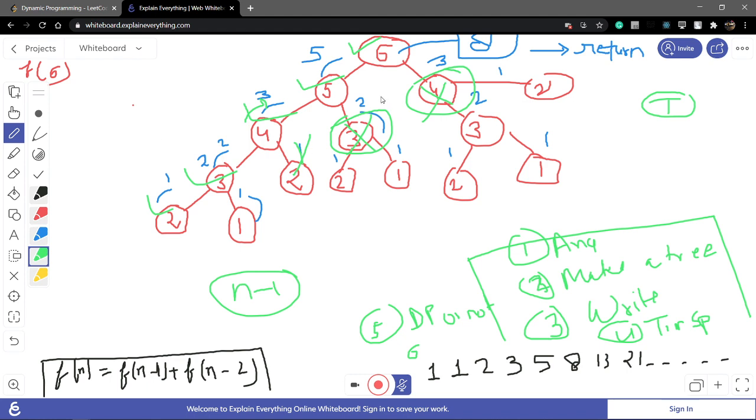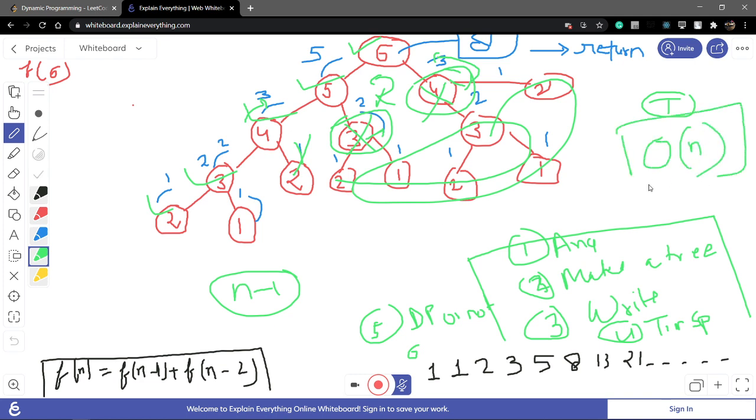So we do not find the computational part again. If we do not find the computational part, they never make this type of tree. They have already written it directly from the array. So the computational part is n minus 1. So the time complexity for this code is generally order of n.